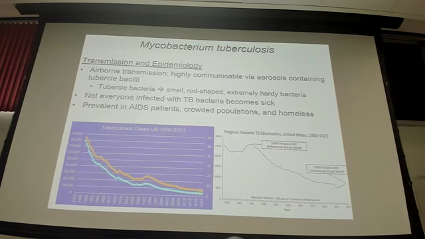It has a high association with AIDS patients, which is really, really unfortunate, because what do we know about HIV? What kind of cell types it targets? T cells, specifically CD4 cells. So as we talk about the pathology of tuberculosis, we'll see that those cells in particular are very important for keeping tuberculosis in check. So where there's high prevalence of AIDS, unfortunately there tends to be high prevalence of tuberculosis as well. Also crowded and homeless populations.